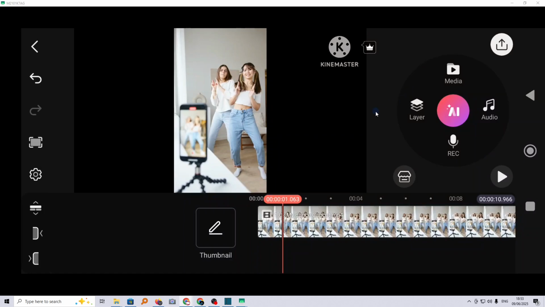In this tutorial, I'm going to show you how you can blur a specific part of your video using KineMaster